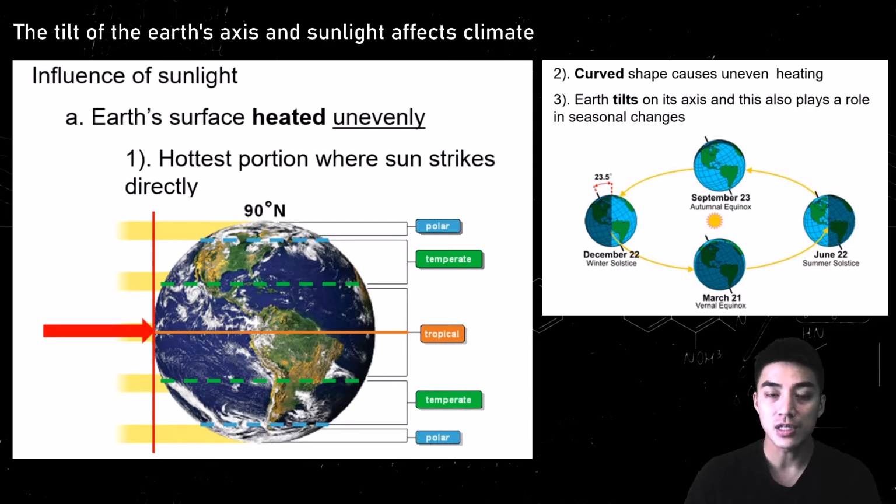You can see that during the summertime, the northern hemisphere is pointed towards the sun, so it receives more sunlight during the summer. However, 6 months later, on the opposite side of its trajectory, during a 24-hour period, the axis is always pointed away from the sun. So during the wintertime, the northern hemisphere receives less sunlight.